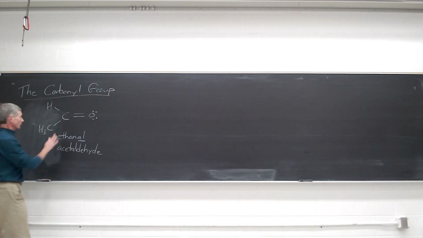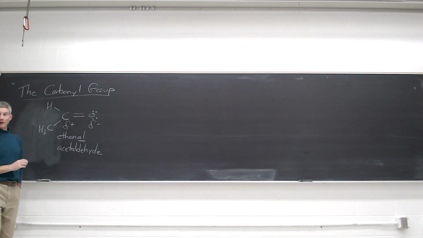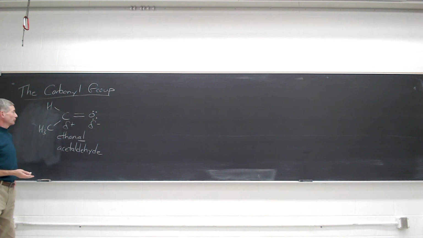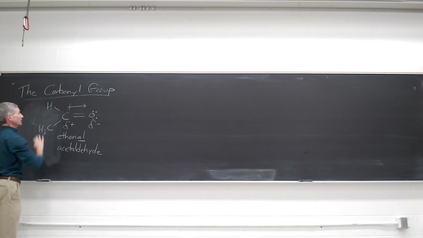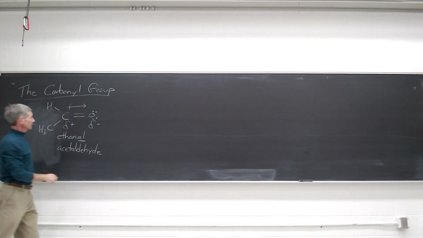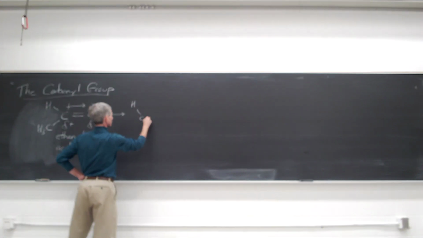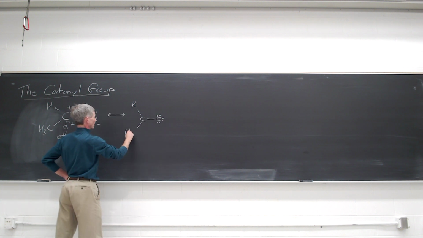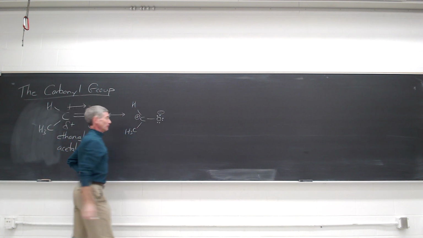Obviously, you know that the carbonyl group's chemistry is dominated by the fact that it's a polar bond with a partial positive on the carbon and a partial negative on the oxygen, which we can either illustrate with these partial charges, the lowercase delta, or with an arrow showing the dipole with positive end on carbon, negative end on oxygen, and this is consistent with the minor contributor to the resonance hybrid